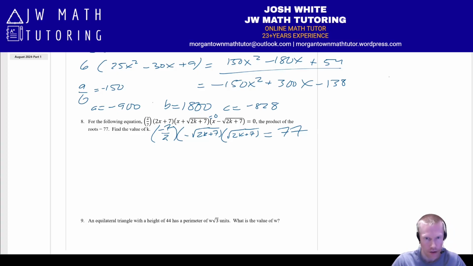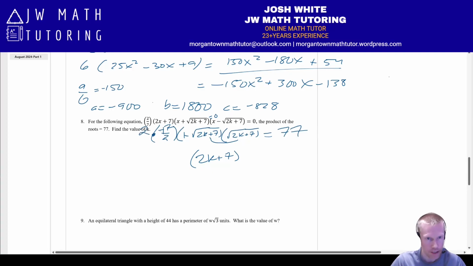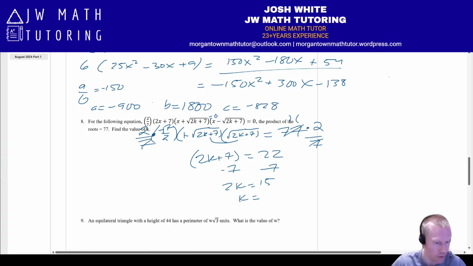So a couple things. First of all, these two are going to cancel, and you're going to have 2k plus 7 because the expressions under the square roots are identical. Here's a negative, those cancel, it's going to be plus. Then I would multiply by 2, and I would divide by 7. In other words, technically multiplying by 2/7 if you want to think of it that way. And 7 goes into 77 11 times. 11 times 2 is 22. And now you could just do minus 7, 2k equals 15, k equals,